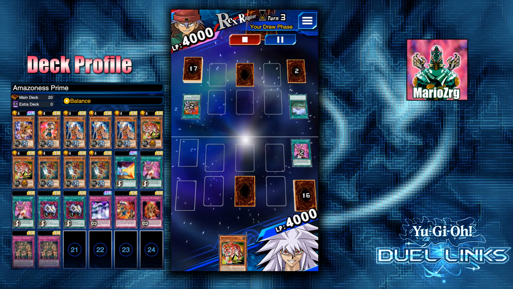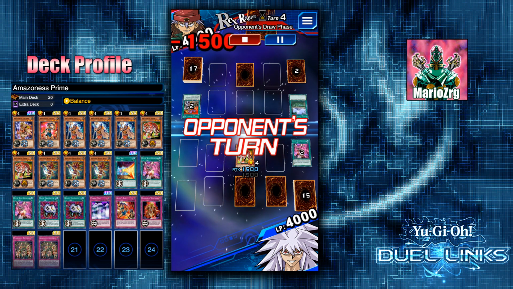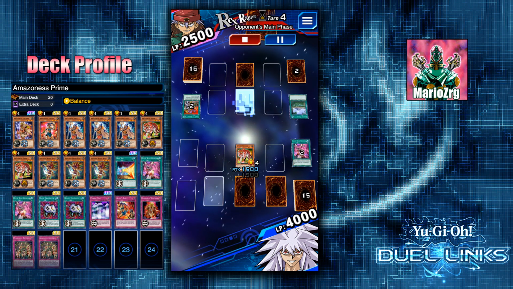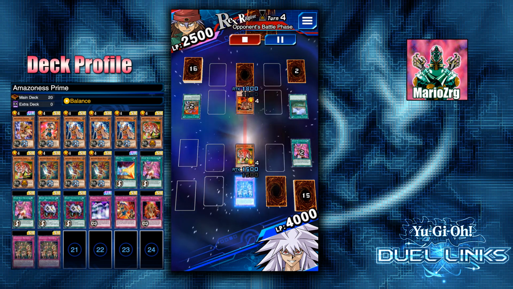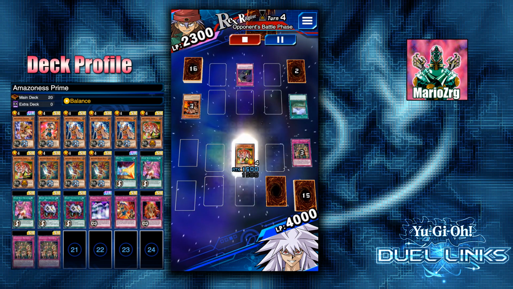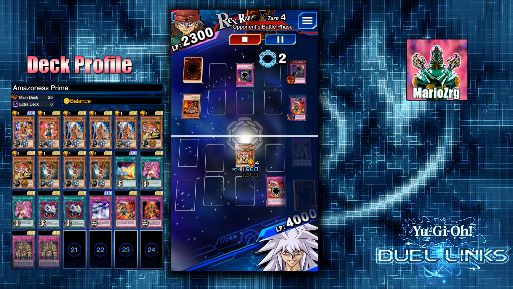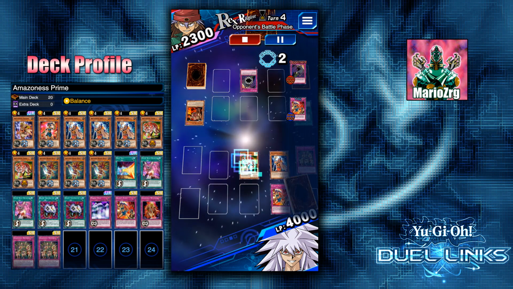So we both lose 2 cards. Neither one of us gains advantage. I do have my Tiger, so I go for 1500. He tries to attack it. I activate the Archers to decrease the attack of his dinosaur by 500, and because my Tiger destroyed the card,